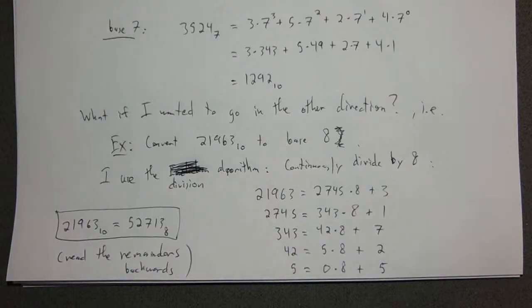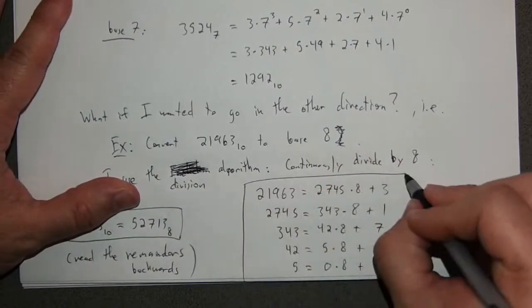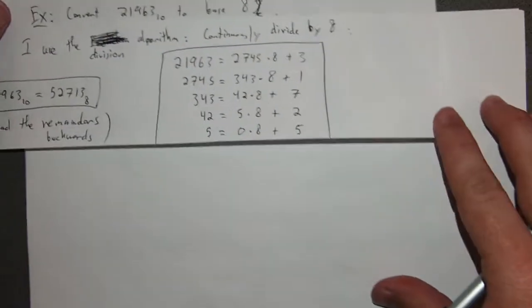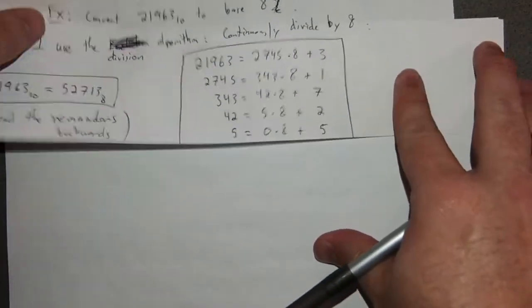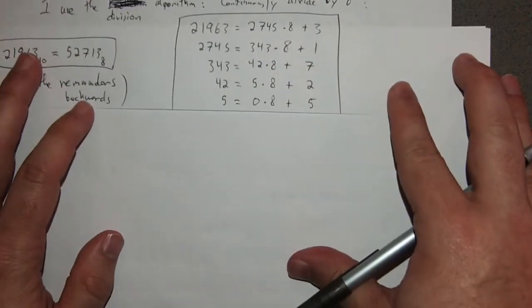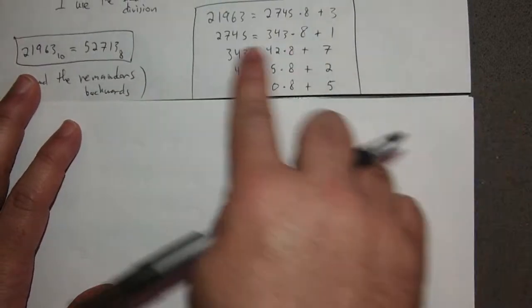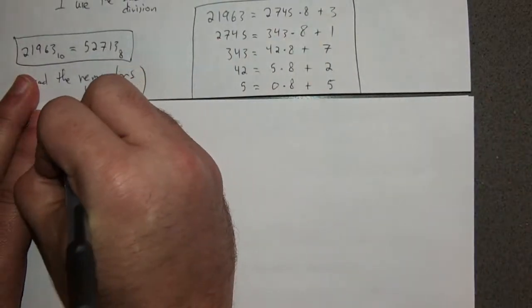Why does this work? Why does it work out like that? Well, I just continuously expand these things. So I'm going to use these boxed lines here for a second. So using those, maybe I'll put those here. Okay, so there. Oh, running out of room. Okay, all right, there's the box. All right, so using this, I can note that 21,963